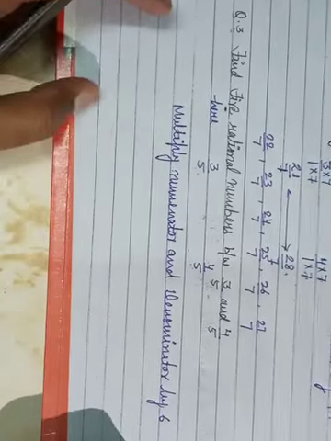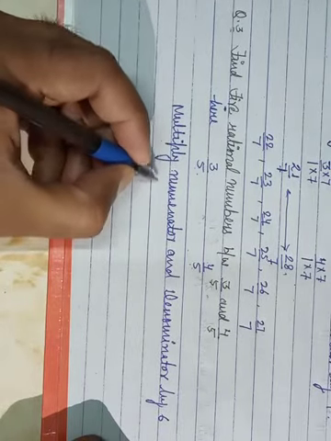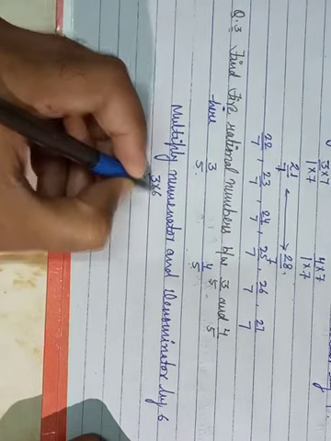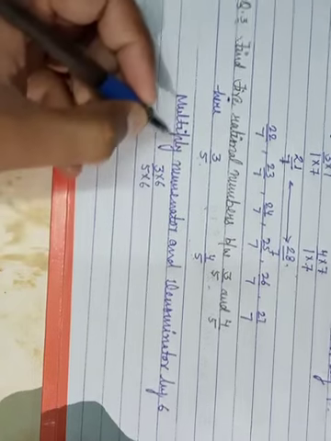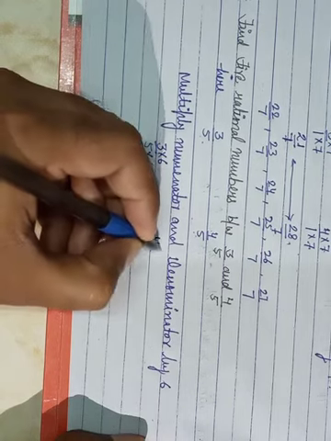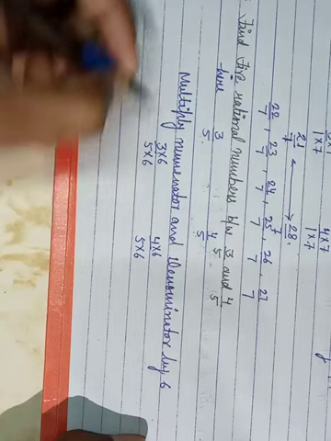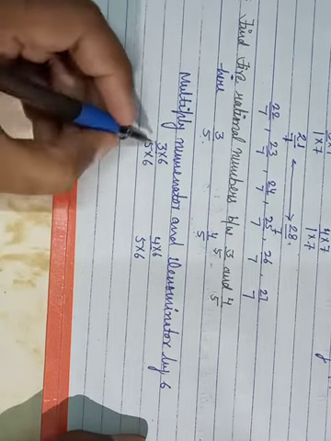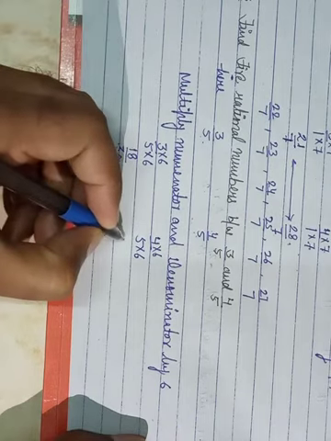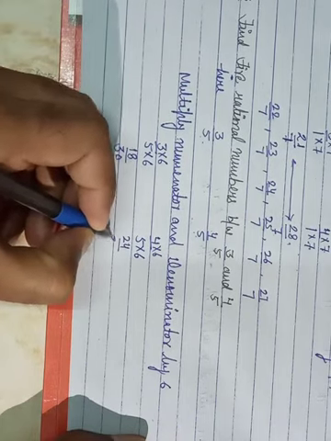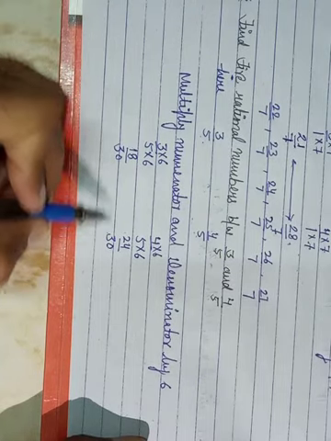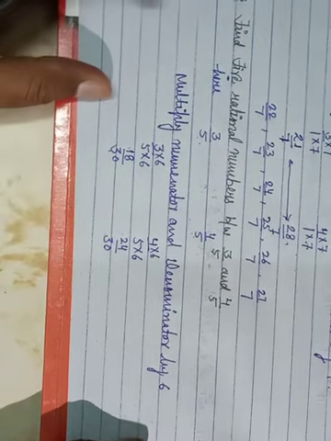Okay, now you can see here when 3 upon 5, 3 multiplied by 6 and 5 also multiplied by 6, and the second number 4 upon 5 multiplied by 6, you get here 18 upon 30 and 24 upon 30. Now you can see here between 18 upon 30 and 24 upon 30 we have 6